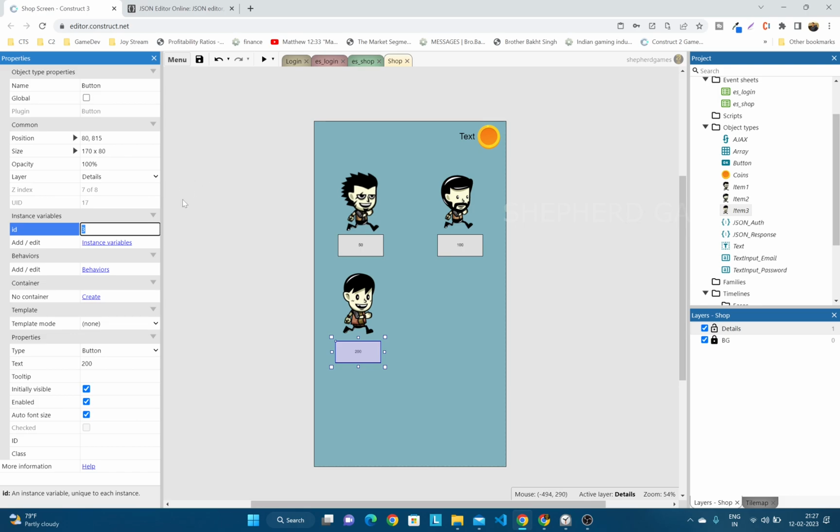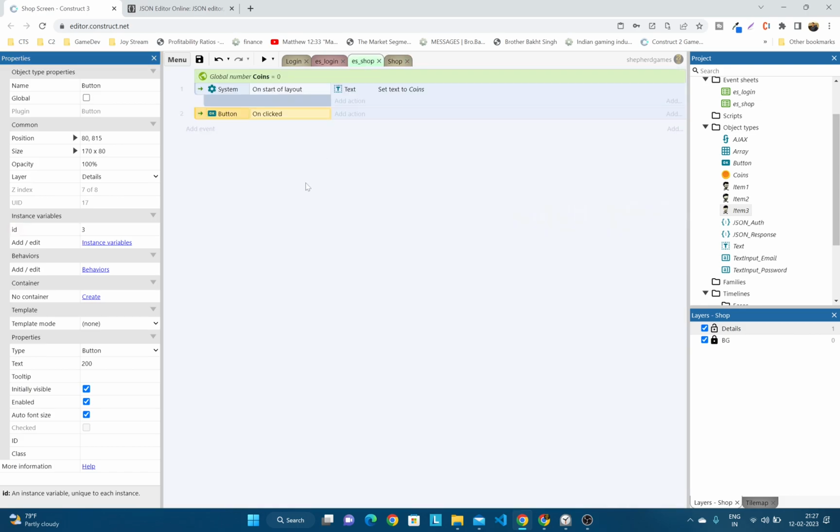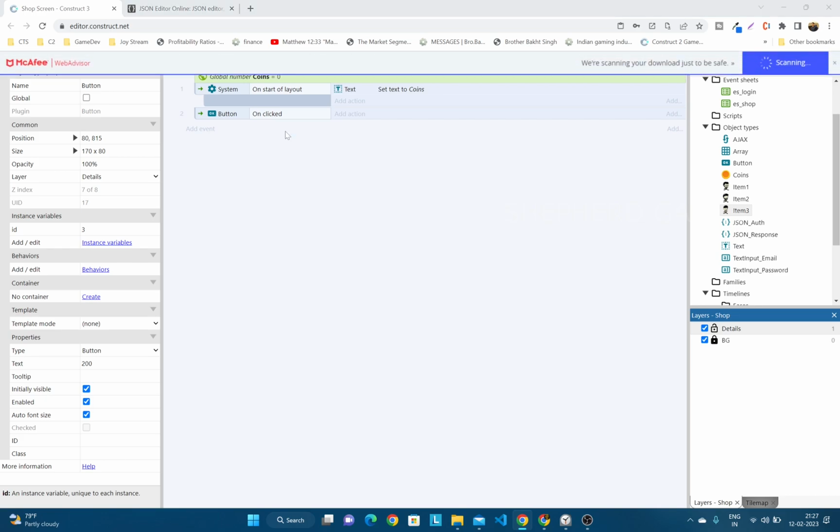So we are going to save these items in the same order in the array. If we own it, the array value will be 1. If we don't own it, it will be 0. And array at 0 will be the coins. So if I click